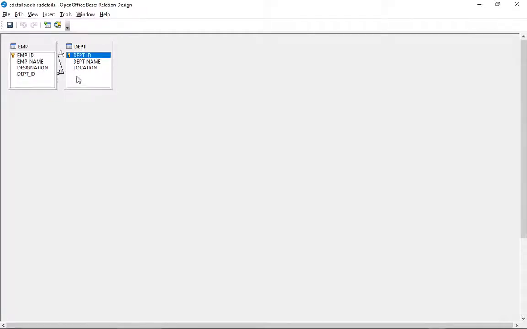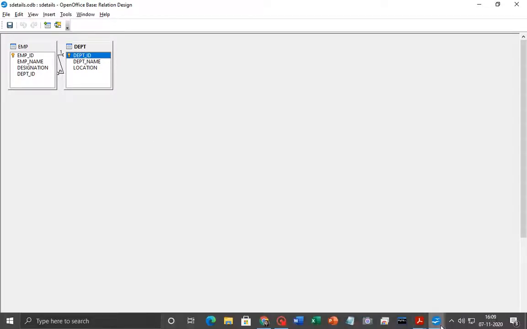Here when we give the other way, in both we have department ID, we are related with this department ID with this department ID, that already established. In both cases we have primary key also. So this is a relationship built between this employee and the department. This is how we can see the relationship one to many.